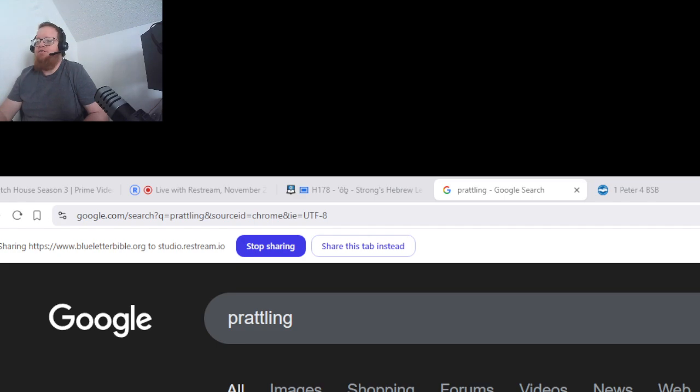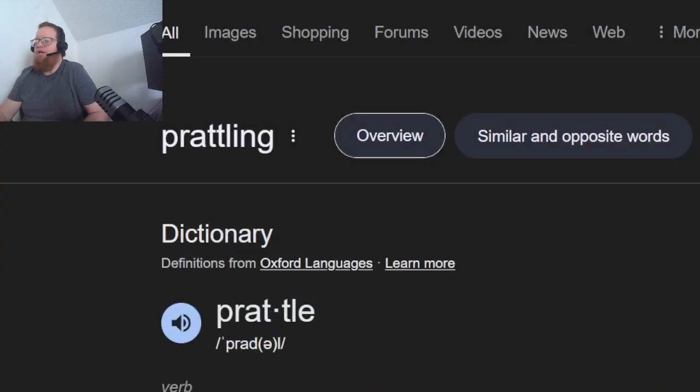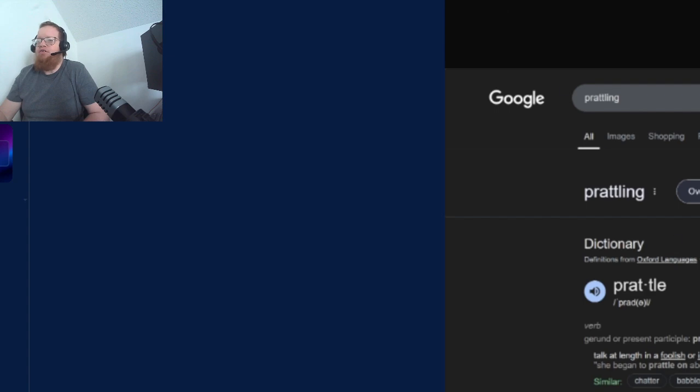see, I'm over here now. The easiest way to show them what it is that you're viewing is to share this tab instead. Now it says stop sharing view tab, Studio Restream IO. Clicking back over, the Restream window always has a red dot on it. Now if you click onto Restream,